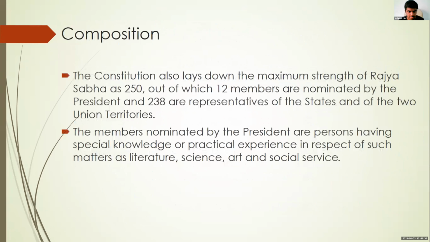Okay, and this is a bit of extra information about the Rajya Sabha, on how its composition works. As of now, the Rajya Sabha has 250 seats, and 12 of these members are nominated by the president, and they do not go through this STV process, that is, the single transferable vote process. These are directly nominated by the president based on their contribution to science, literature, art, and social services. And this is the power given to the president by the Fourth Schedule of the constitution.